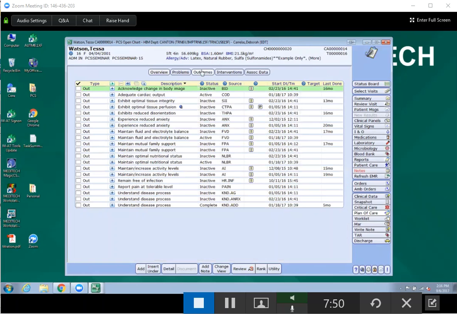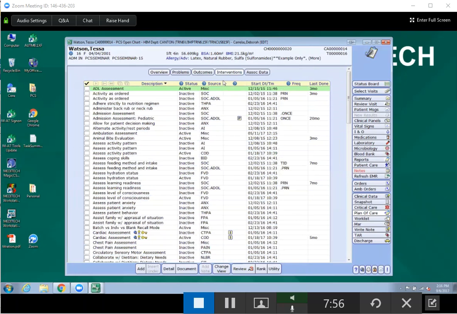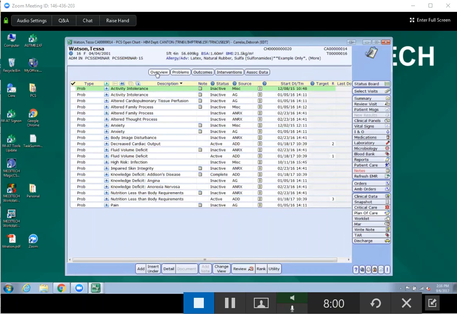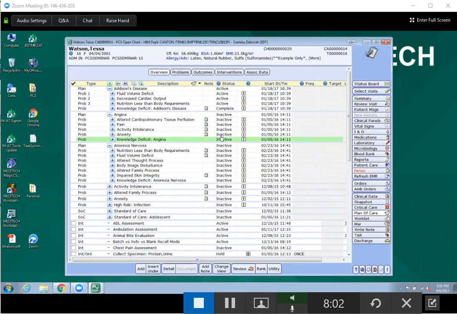You'll notice if I go to the outcome tab, it's not there. Same thing with the interventions tab. So if I'm on problems or on the overview, it is active. So if I click add note,